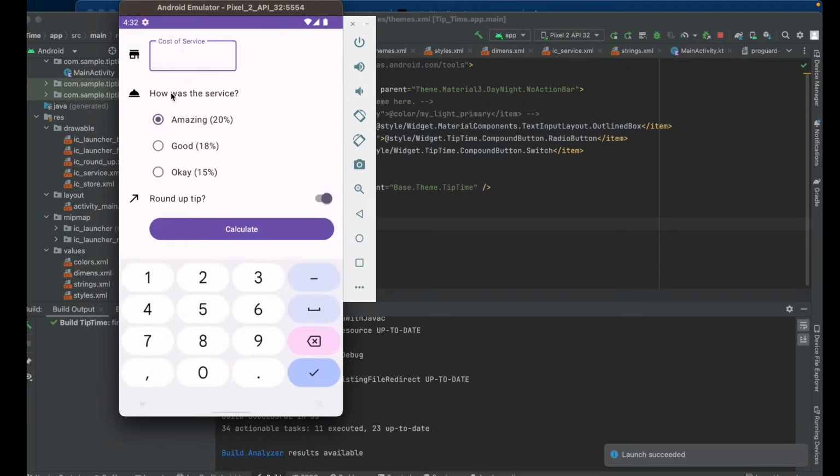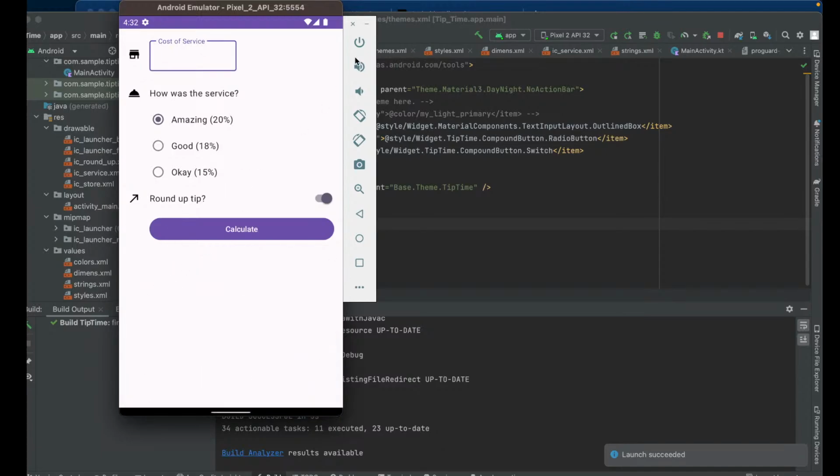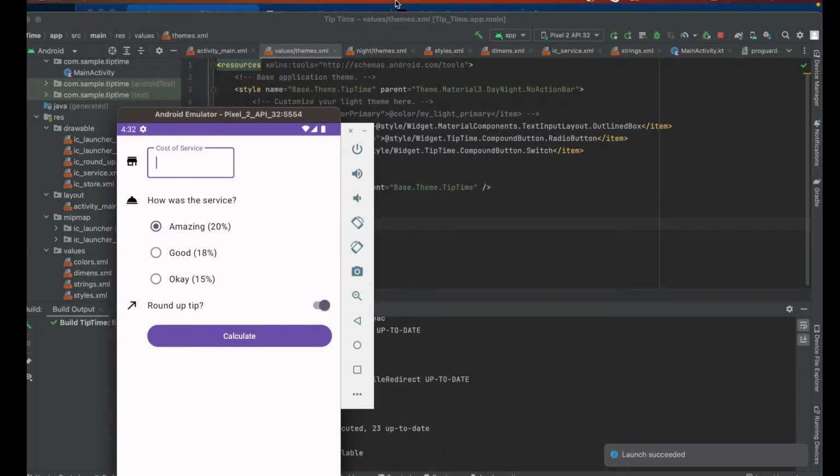Alright. So we had the outline thing going on there. And great. That looks great. So